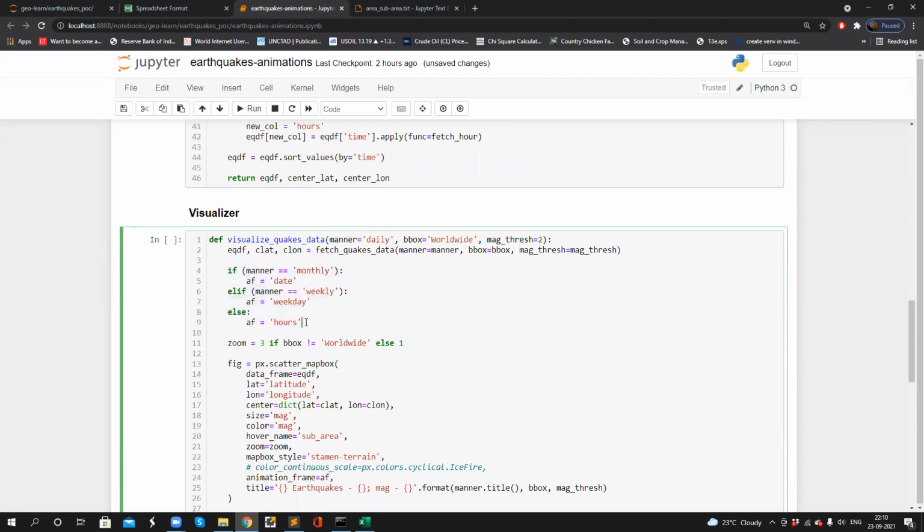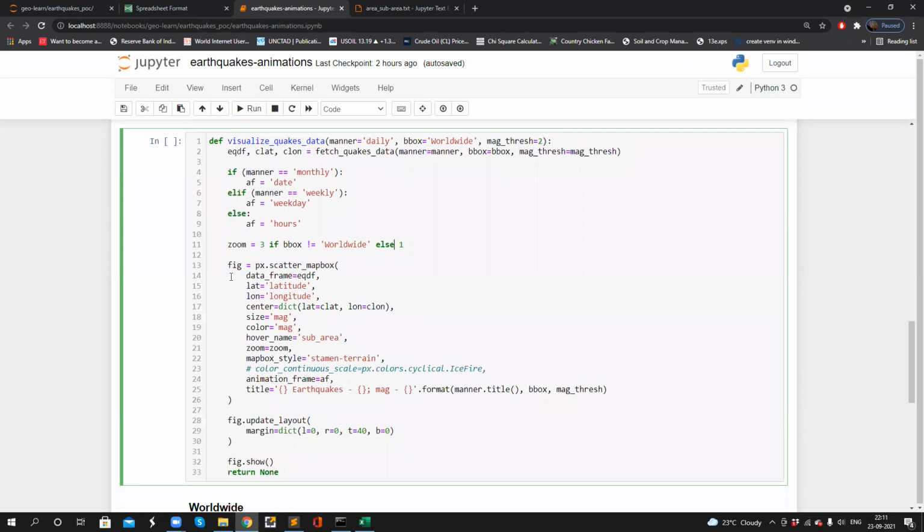Once this is done, here I'm deciding the zoom level of the map based on the bounding box. If bounding box is worldwide, just take 1 as the zoom, else take 3. It's a one line if else code.